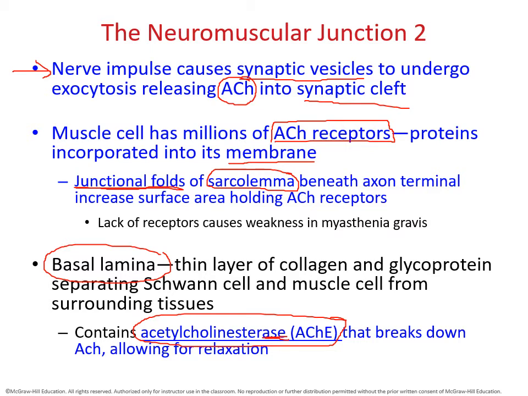And in order to speed up the process and get your muscle to relax faster, we need to sever that relationship between the nervous system and the sarcolemma, obviously. Part of that will be to shut down the nerve impulse coming down the axon. But you might still have some acetylcholine floating around in that synaptic cleft. And if you don't want that acetylcholine to get to the receptors and stimulate the muscle any further, acetylcholine esterase, that enzyme, is extremely handy in getting rid of any excess acetylcholine that's no longer needed. So in a natural setting, acetylcholine esterase will break down acetylcholine for your muscle relaxation to successfully occur.